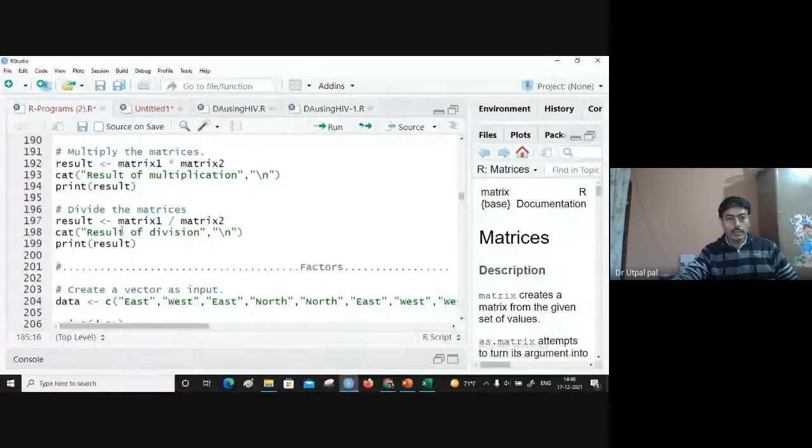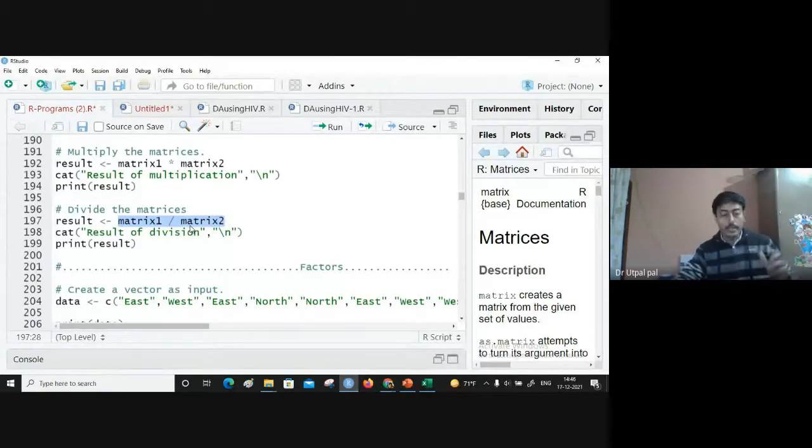But another thing is matrix division. Now, if we have two matrices and the division result is invalid, suppose you are dividing by 0, in that case you would expect an invalid result. But here in R, they are not giving an invalid result. They are simply writing Inf. That means the value cannot be represented.